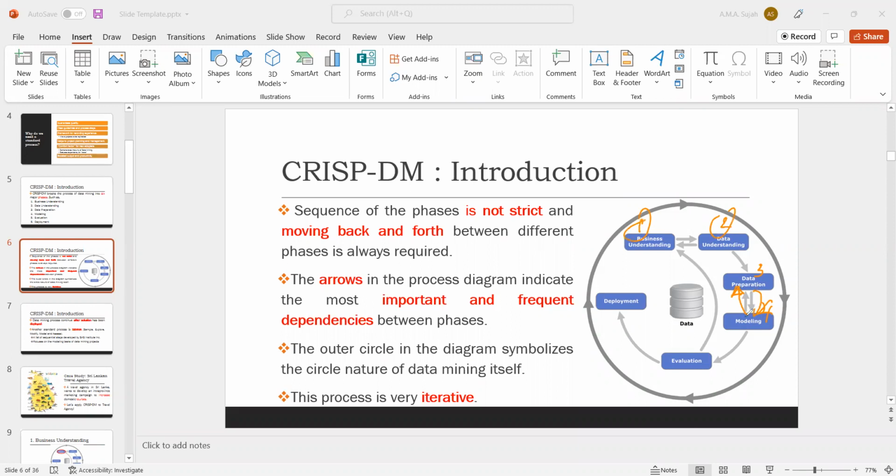You must check the error of the different phases. After that, you evaluate the model. After the evaluation, sometimes you realize accuracy is very low. So again, you start with the business understanding, or you can add some more people to analyze the business or understand the domain. Then again, you can select some data attributes. You can also remove some attributes, or decide whether they are highly correlated. Sometimes you can change some attributes. After that, again, you must do the data pre-processing. It's a cycle. It's happening as a cycle.